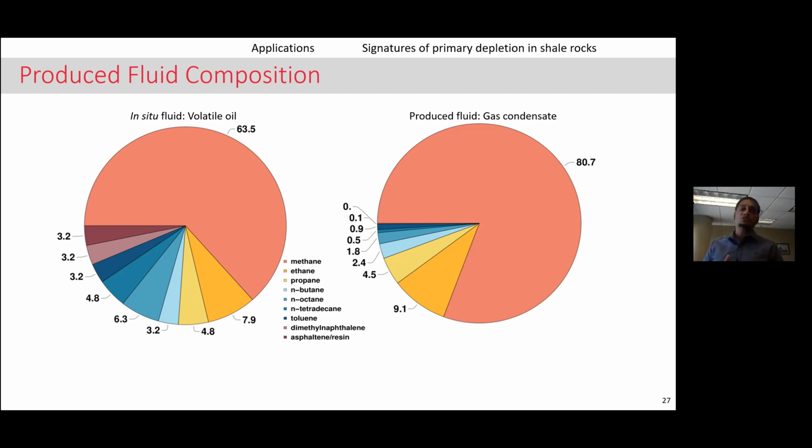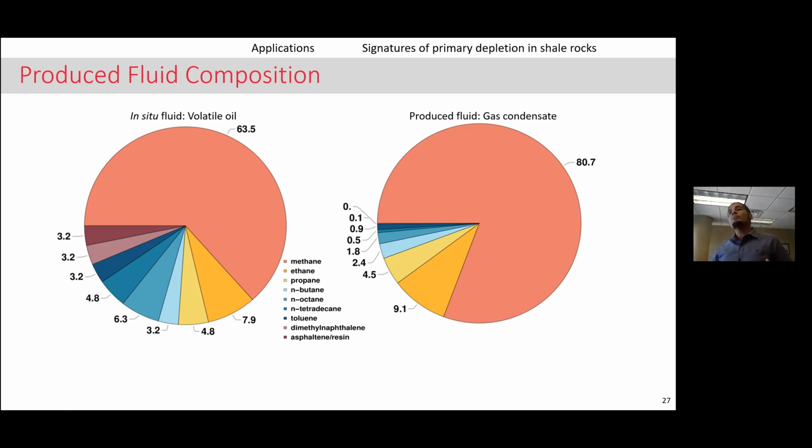But there are limitations to that as well, because there's only a limit to the size of the sample that you can collect. But this is an important question that molecular dynamics raises. What are we collecting on the surface? What are we studying on the surface? Is it even representative of what's in the ground? And if this is what you're producing, what are you leaving behind?